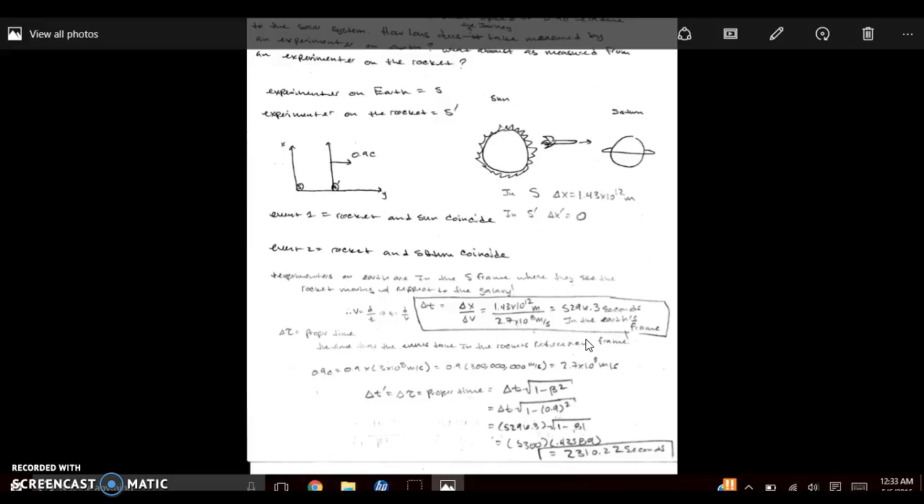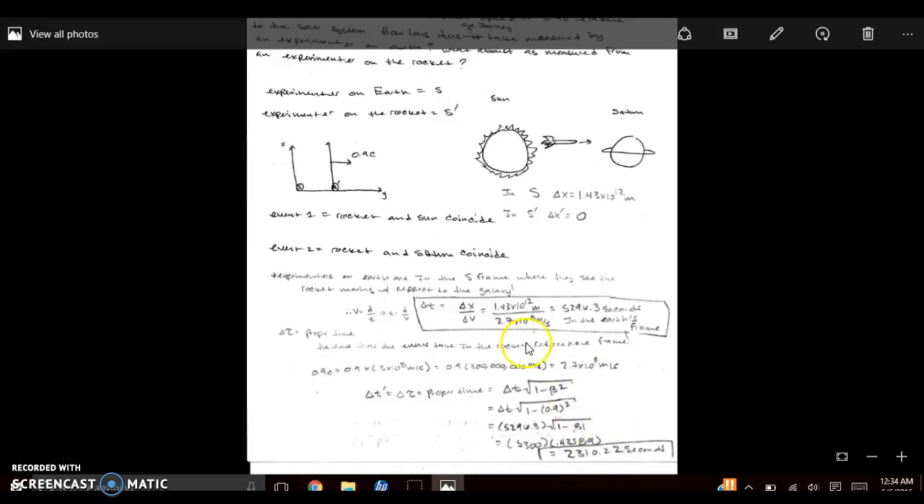So we have to use our time dilation equation, which tells us that the proper time is delta t times the square root of 1 minus beta squared, where we know beta is v over c. We just found the time as seen in the reference frame of the experimenter on Earth, so we plug into our time dilation equation to get the proper time, and we see the proper time is 2,310 seconds,